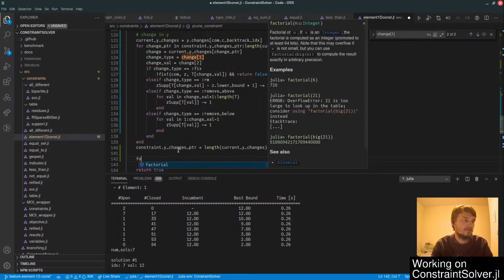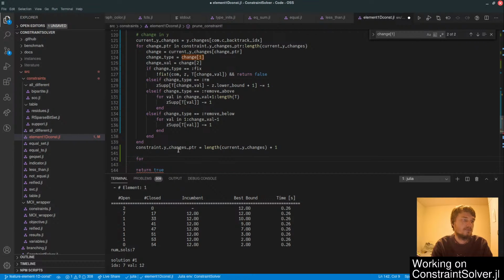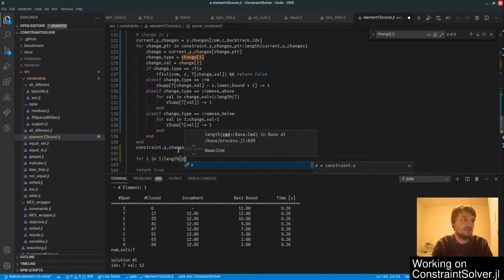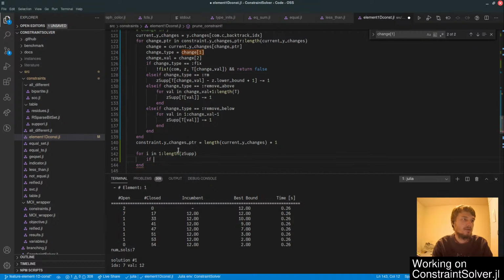So for I in 1 to length of that sub, if that sub, like if like counter maybe, if counter equals 0,